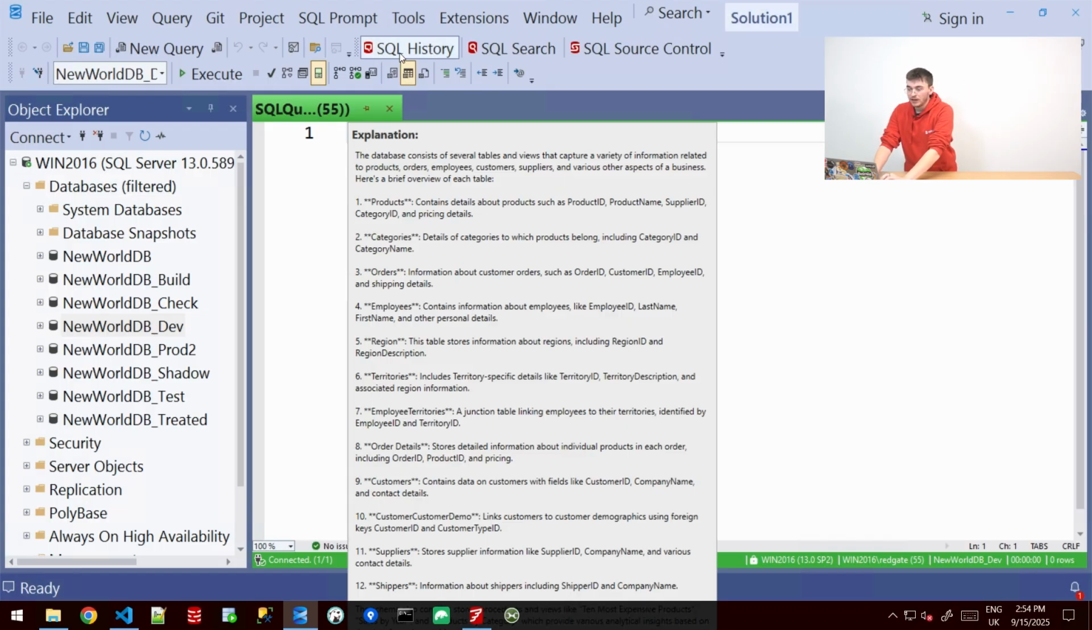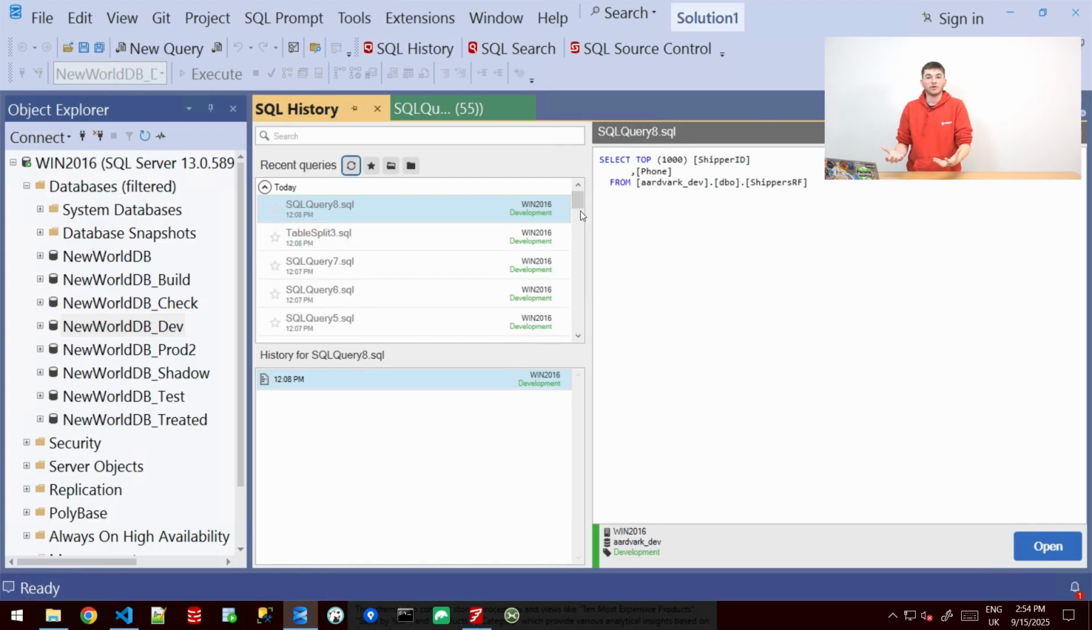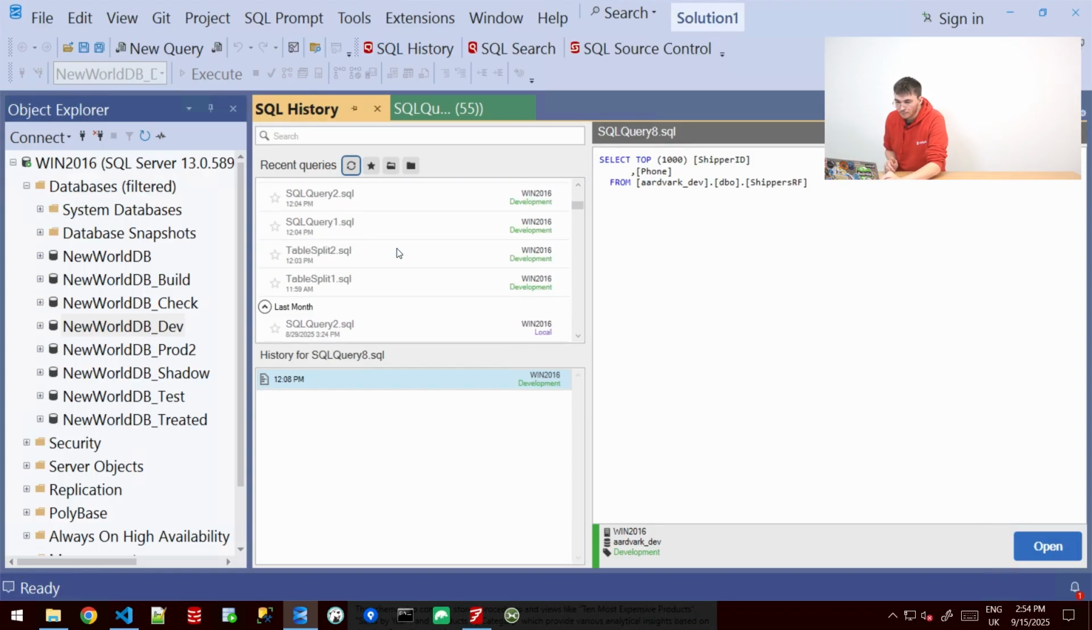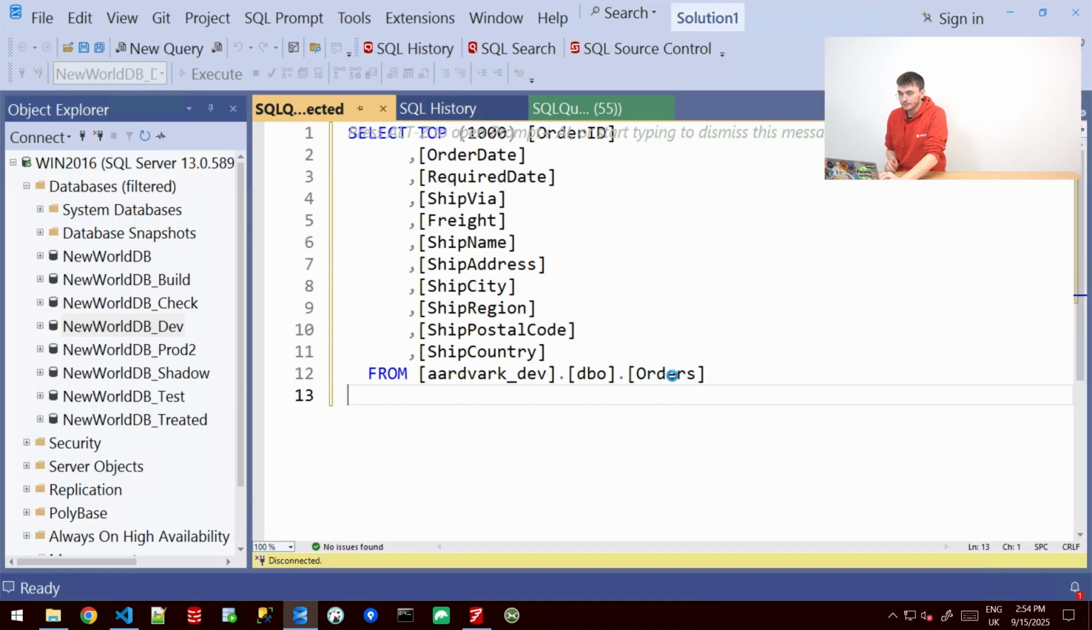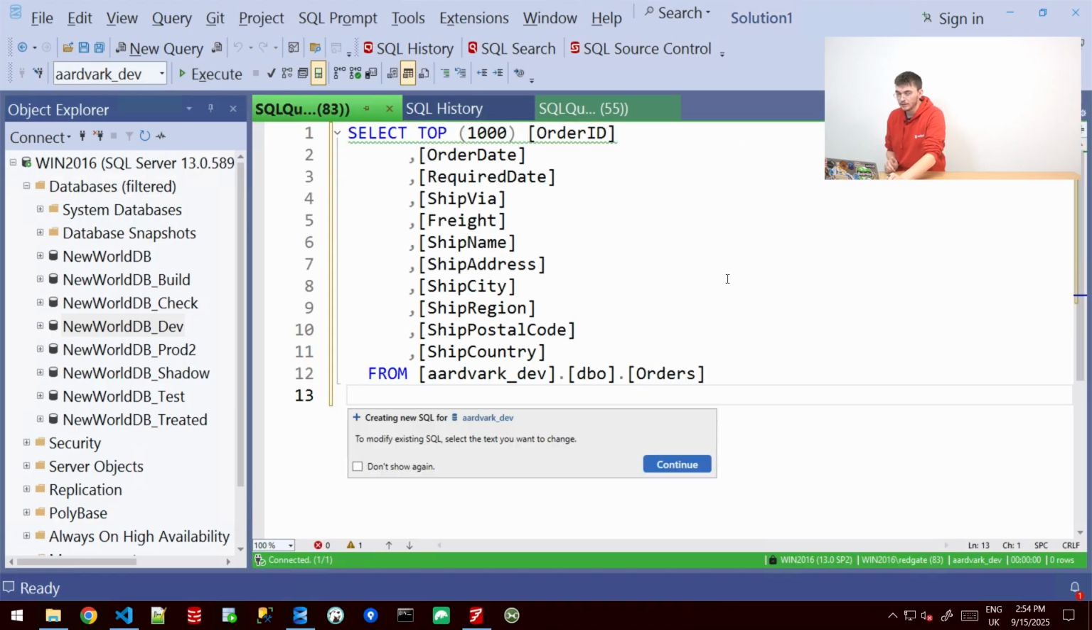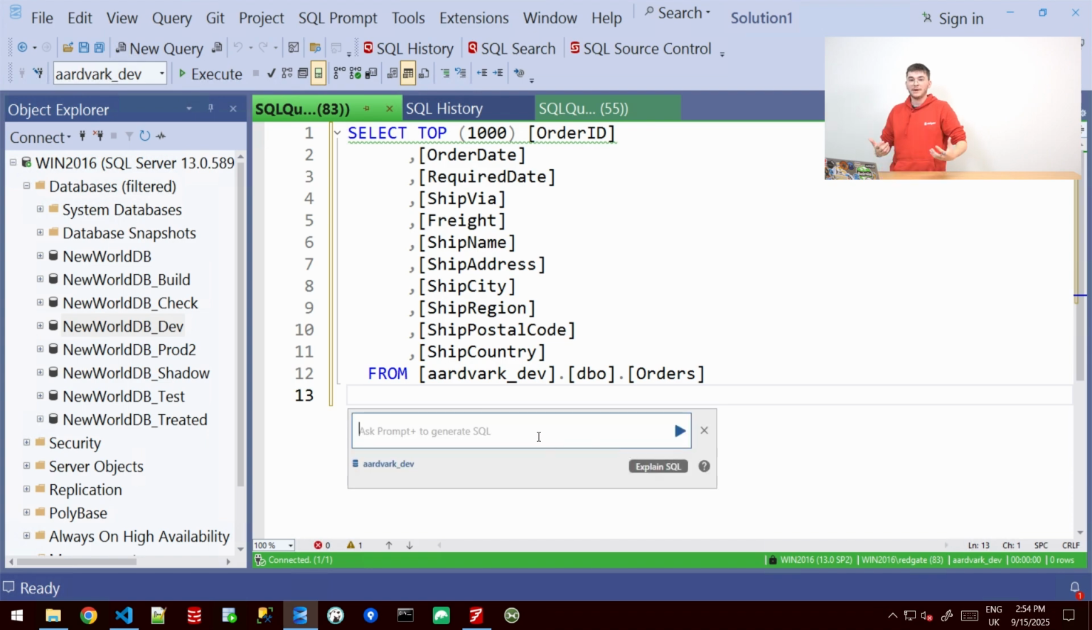Let's say I want to then use it alongside SQL History, a really great feature of SQL Prompt, keeping track of every different query that I've been working on and all of my different iterations. If I remember maybe from today or maybe from last month that I ran a query, say this one here, whatever it might be, I can open it up, instantly get it here, Alt-Z, hit continue, and then I could maybe say,